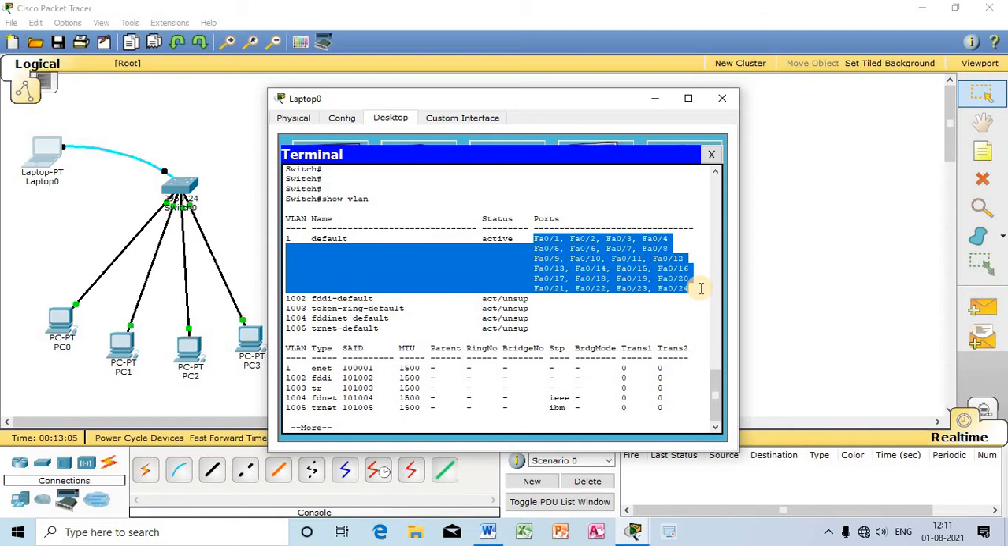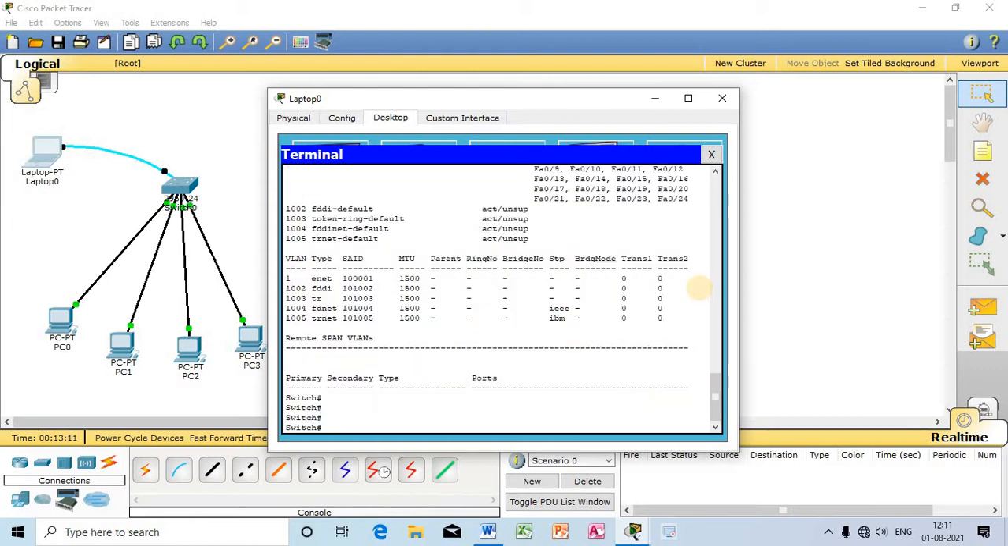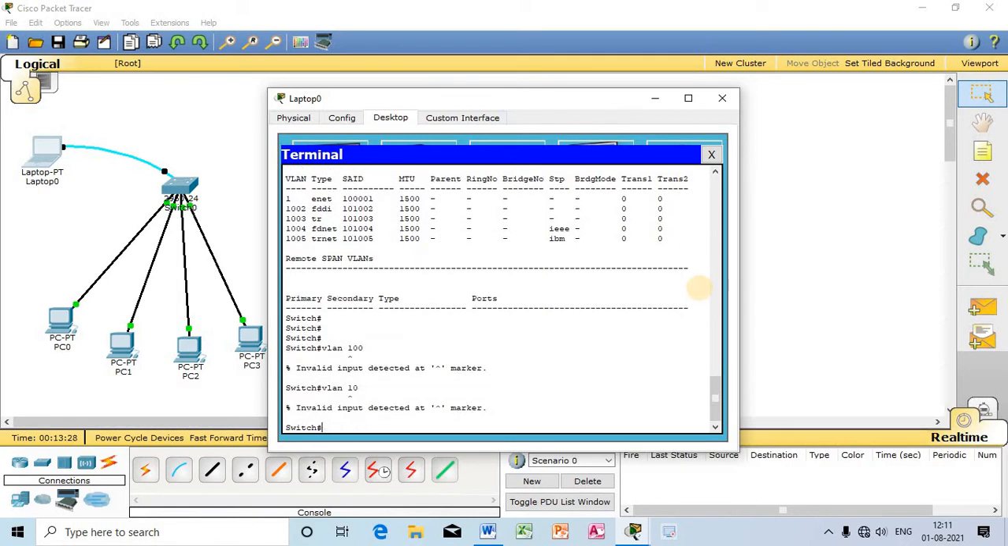So I am going to create some more VLANs. The command that will be used is VLAN and the number, you can write any number. Let me give the number 100. So VLAN followed by the number. I have done a wrong command. So first I have to do something else, that is, now the status